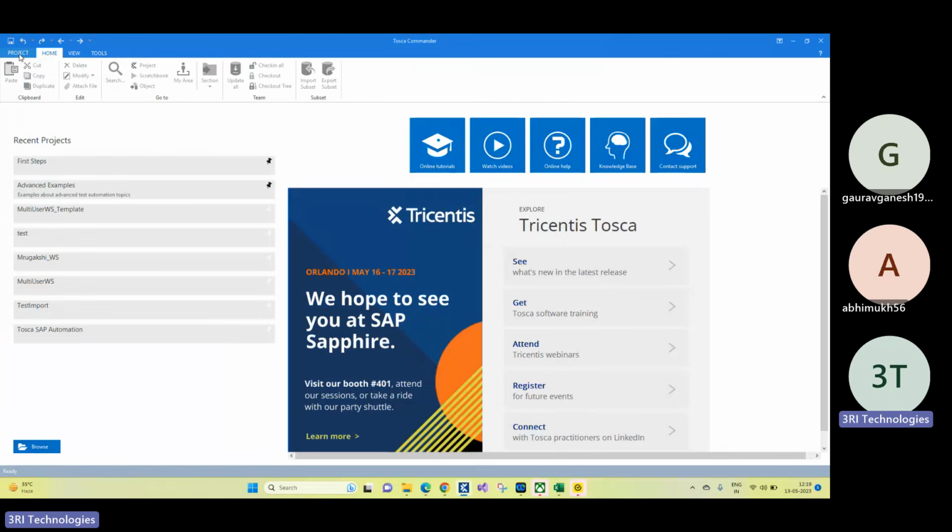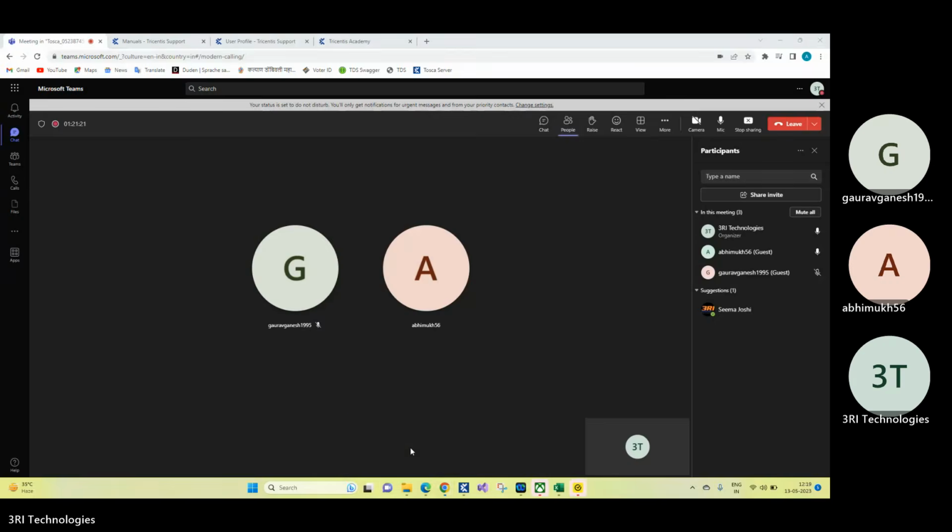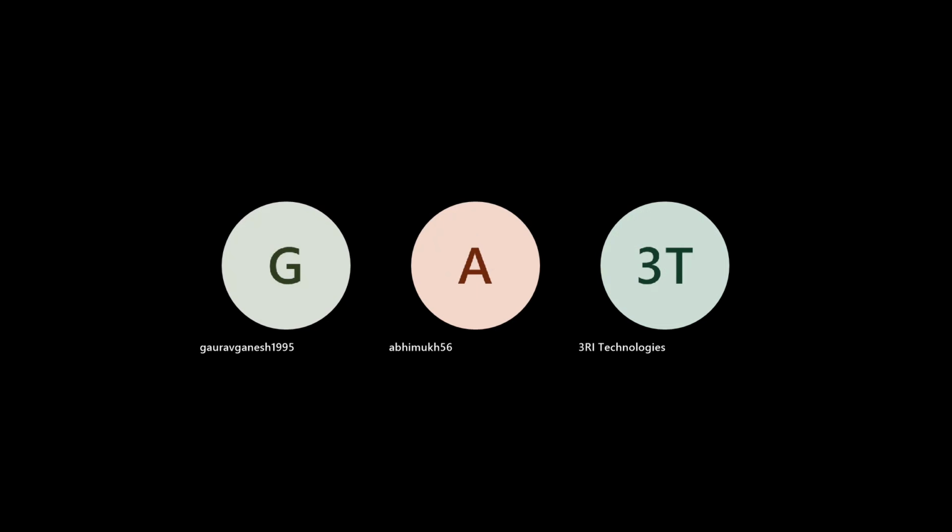Can you just check whether you have received any email? Yeah, I've received the email. I'm opening it. Where do I get the licenses part?